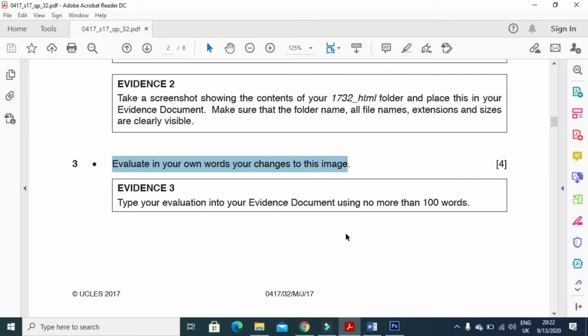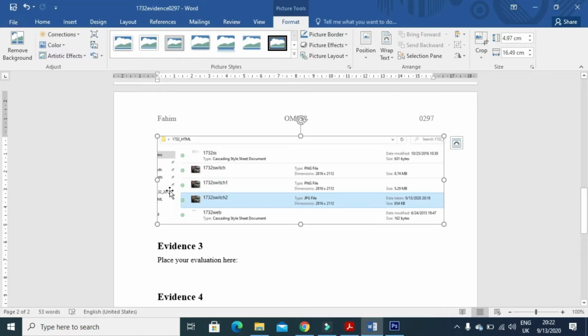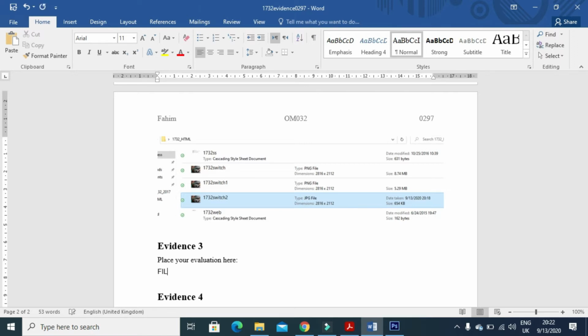actually, or what I have done actually, I have changed the file type. We'll just type here, file has been changed from PNG file setting of 16 bits per channel to a JPG, or you can even say GIF file of 8 bits per channel,